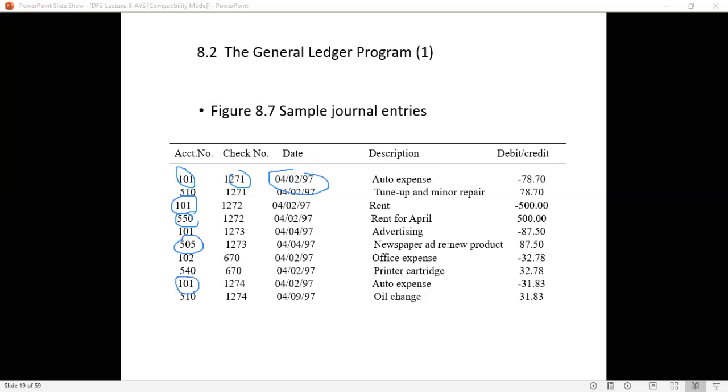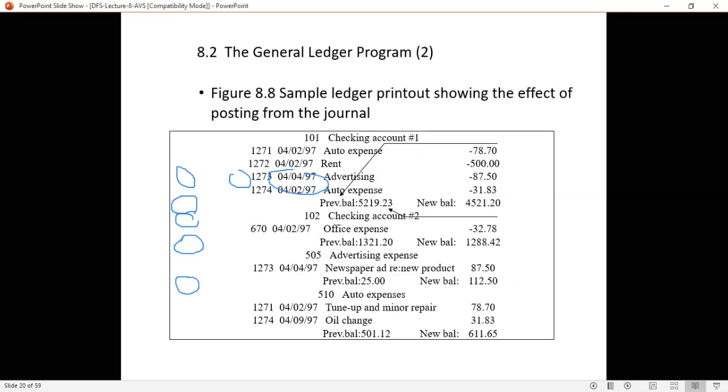Next is a sample ledger printout showing the effect of posting from the journal. That is, this is what we want as output.